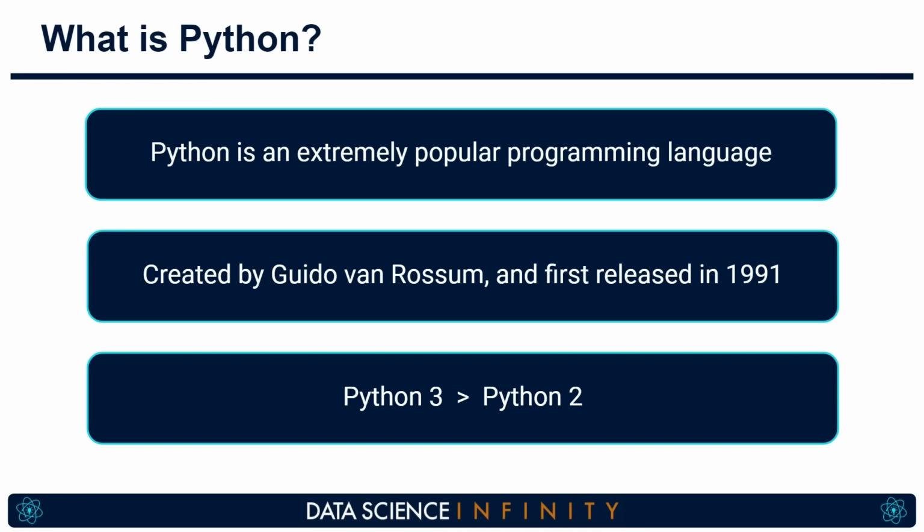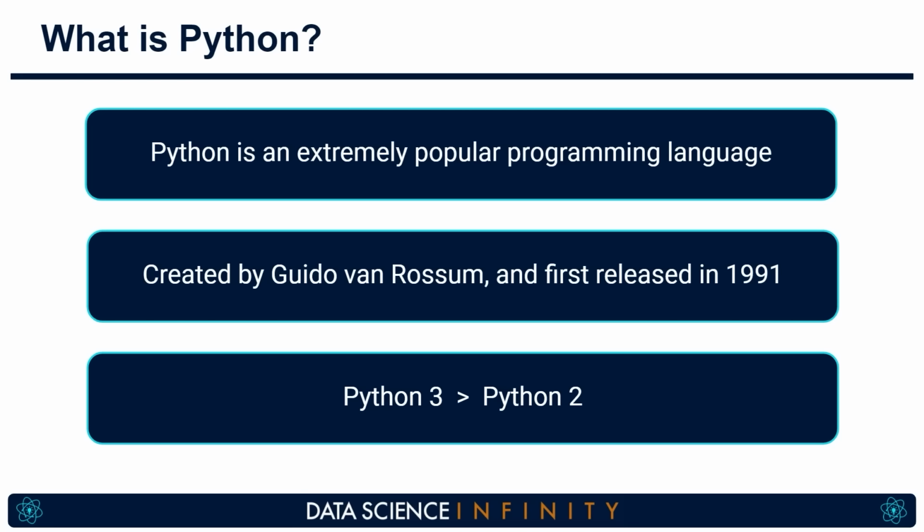Although, as you'll see when we get to installing Python onto our machines, there are sub-versions such as 3.7, 3.8, and 3.9 that are released more frequently. It's worth noting that as of the 1st of January 2020, Python 2 is no longer being supported by the Python Software Foundation. If you progress further into programming or data science after this course, you may very well come across old code or scripts that are using Python 2. And while the vast majority of the syntax is the same, there are some changes and improvements since then. So we will be working solely with Python 3 in this mini course. So that is an extremely high-level overview of where this programming language came from.